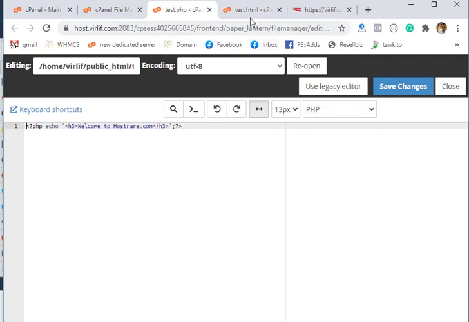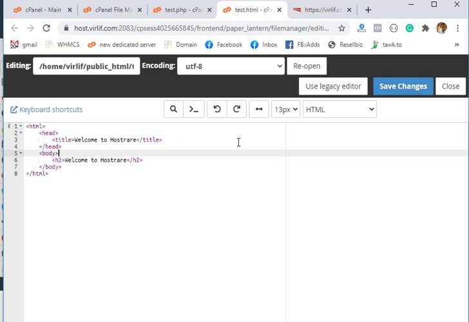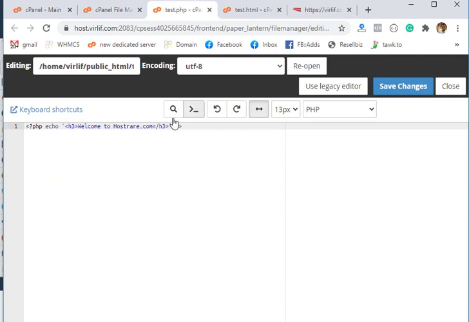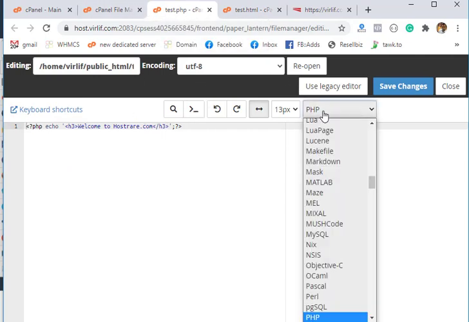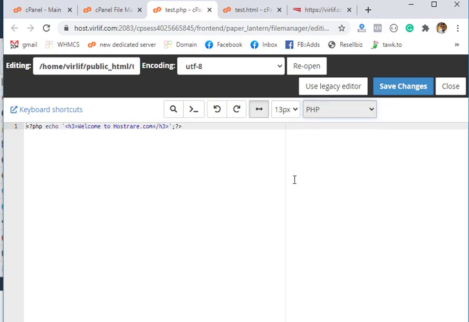You see another thing, if I save the file name with .html, automatically the editor type becomes HTML. And if I save the file name with .php, then it shows PHP automatically.